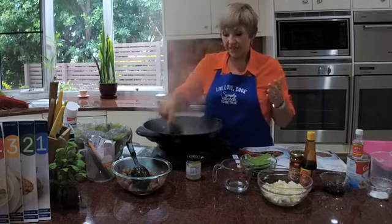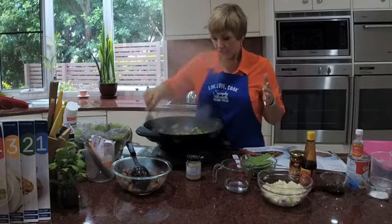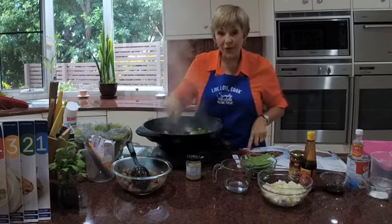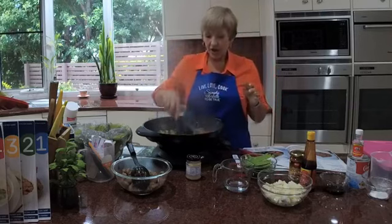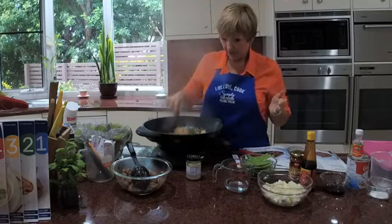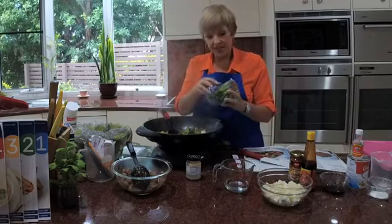Now this has got 10 grams of fat a serve using the beef. I think the chicken is 6.3, lamb is 13.2, and the veggies 4.4, 389 calories, because it's a complete meal. Like I always like to serve some rice with it, but because of the potato, you could actually not even bother with that. All right, so now we're going to throw in the rest of the ingredients, the snow peas,